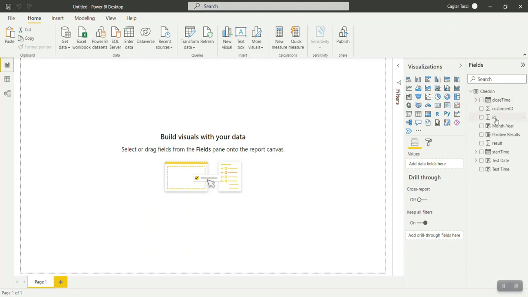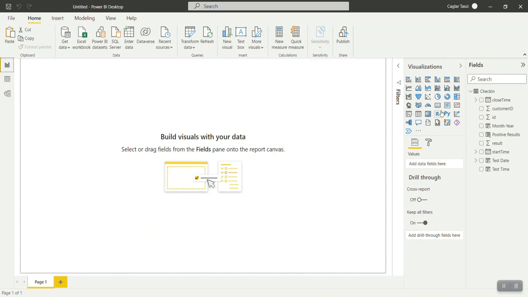So first of all, I will start by creating something called a table. First, these are all the visualization panels. As you can see, you have all the charts here, and the slicer, the matrix, the card which is used for KPI, then the multi-row cards.